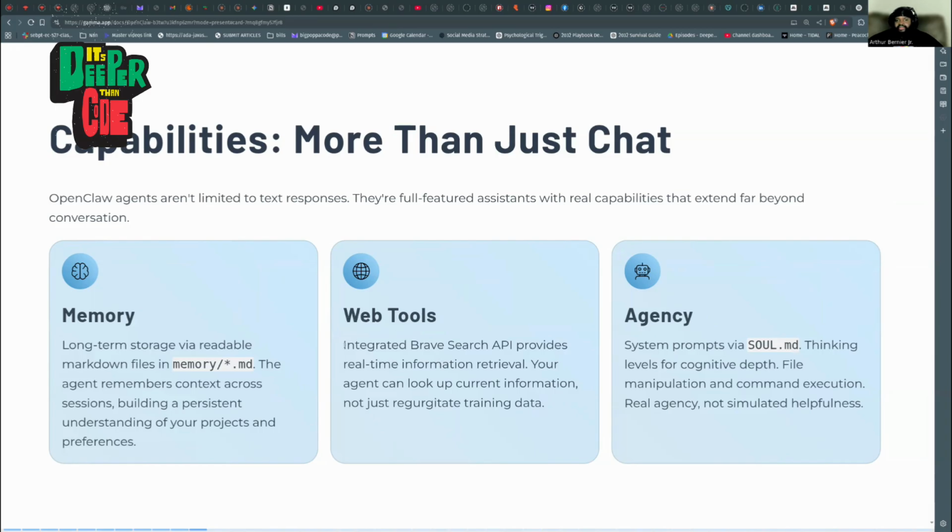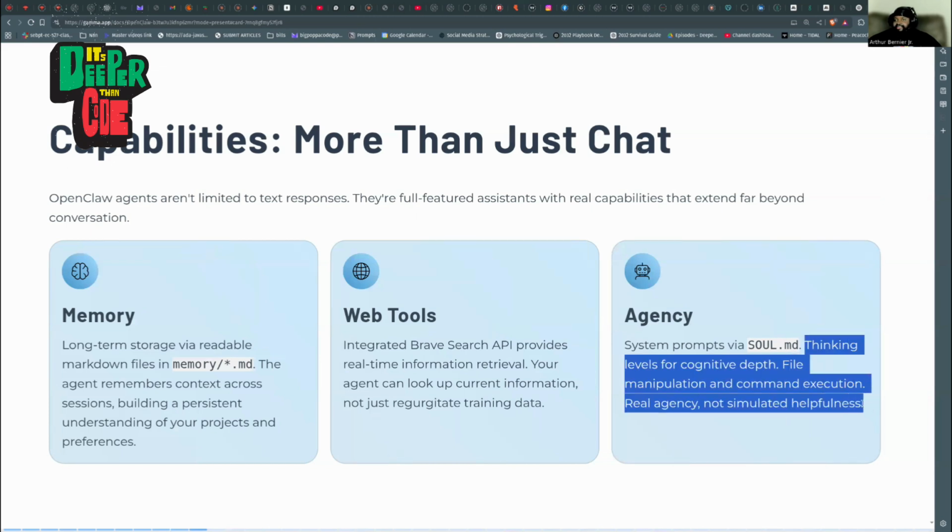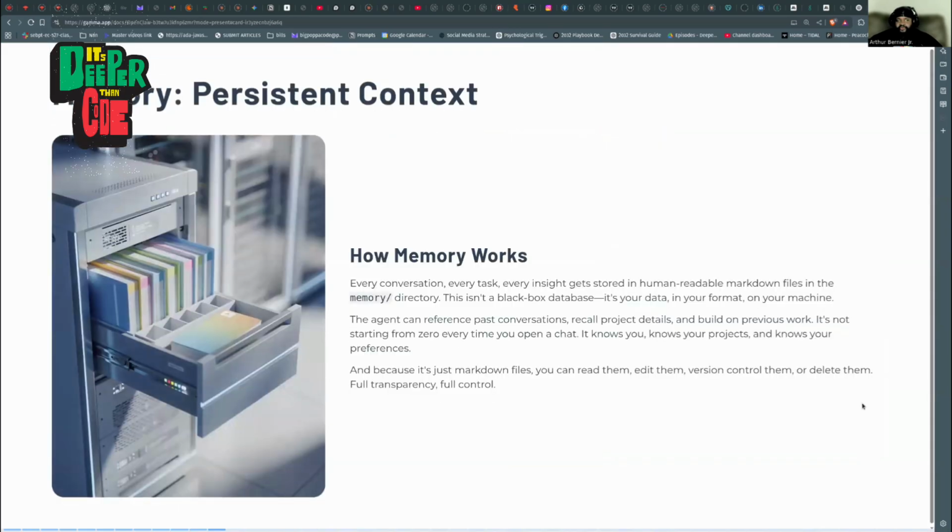You also have web tools, where it can search the web, etc. This way it's not just regurgitating training data; it can actually go out and look for things, by default. And of course, you have your system prompts via Soul MD, that you can use in order to give it real agency and not simulated helpfulness. You really can tell it how it's supposed to think and behave, and really give it a personality in a way that you weren't able to do before.